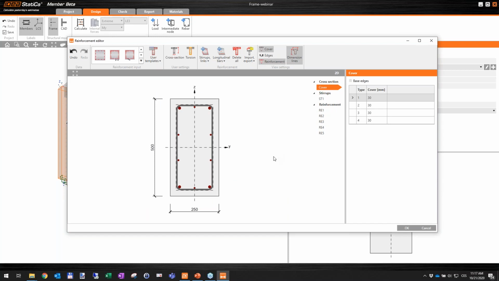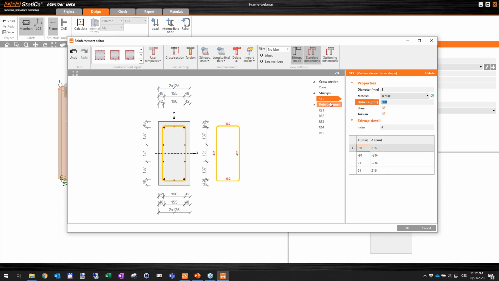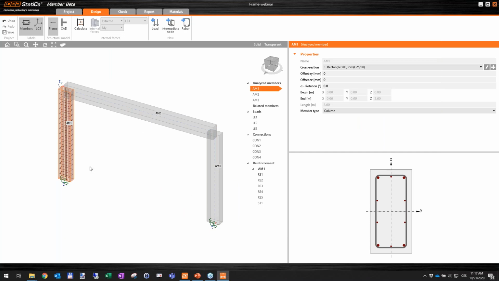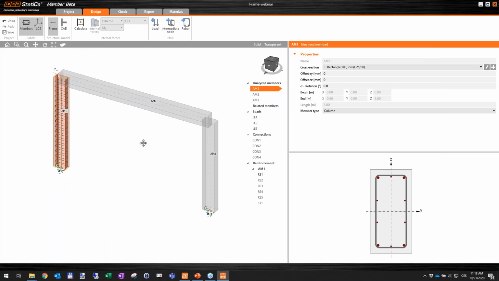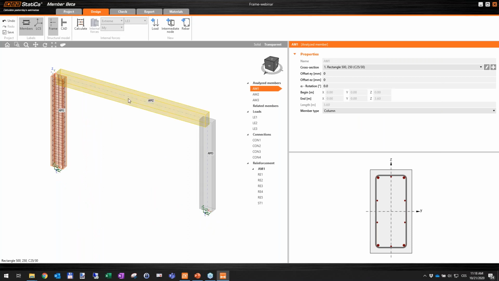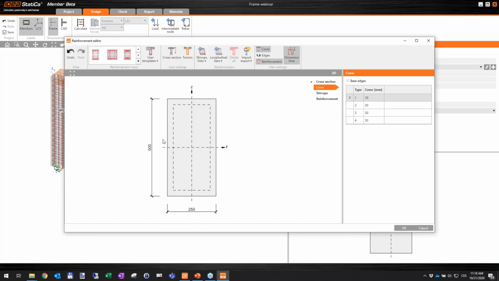Let's have 30 millimeters. If I click on the group of bars, I can change the diameters. I can change the spacing of the stirrups. I click OK, and I just reinforced analyzed member 1. I will do the same for MA2 and MA3. This time it's a beam